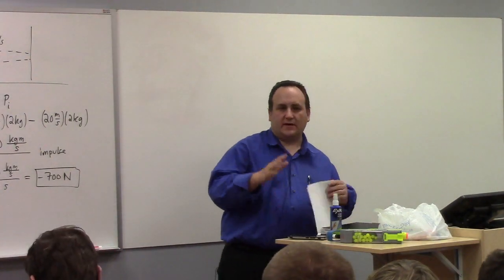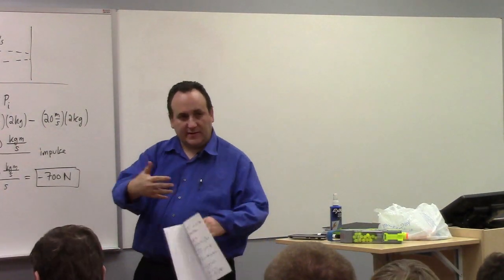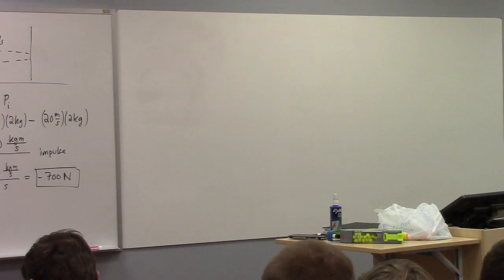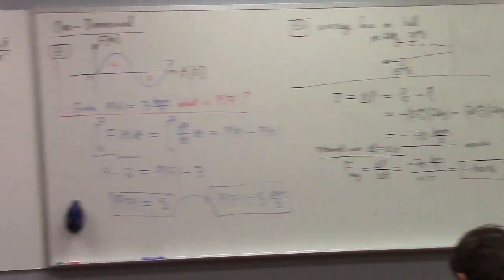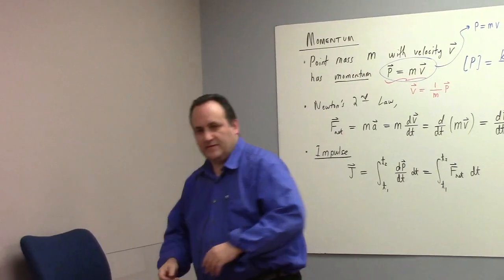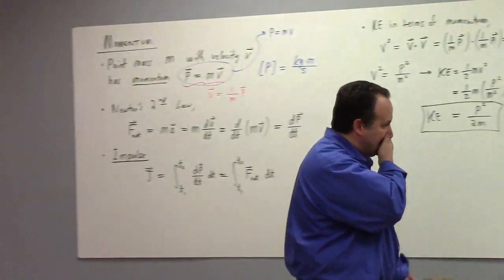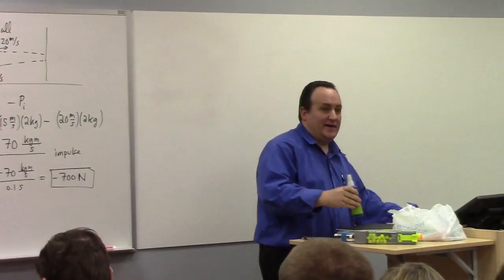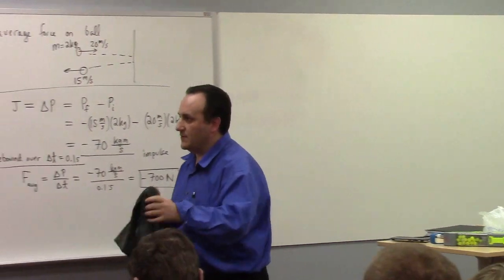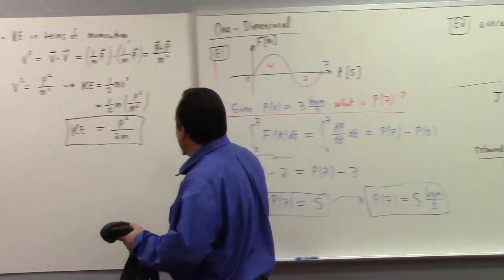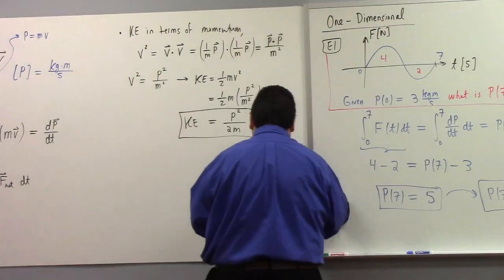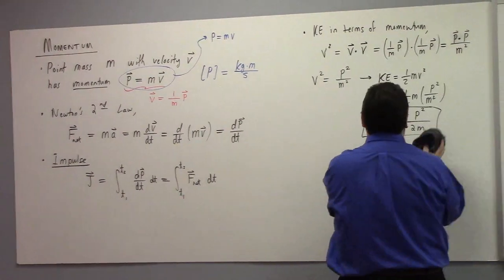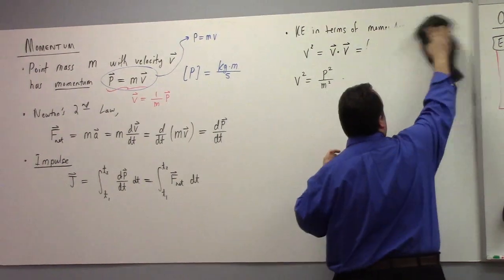All right, so in order to talk about the problems I just mentioned, like two cars coming together, we need to talk about another concept which we haven't talked about yet, and that's the center of mass concept. So let's get to it. So what I want to talk to you now about is a system of particles. So let's imagine you have n masses, all right? 1, 2, 3, 4, all the way out to n of them. And let us work out what's called the center of mass. Now, the center of mass is sometimes also called the center of gravity.